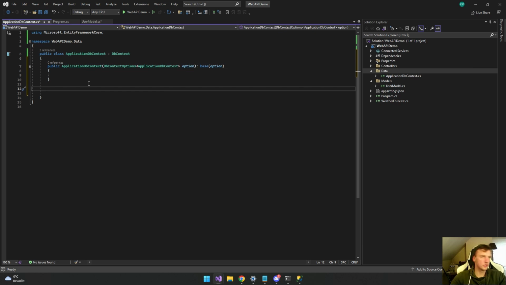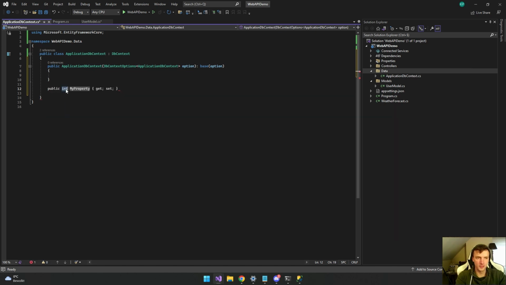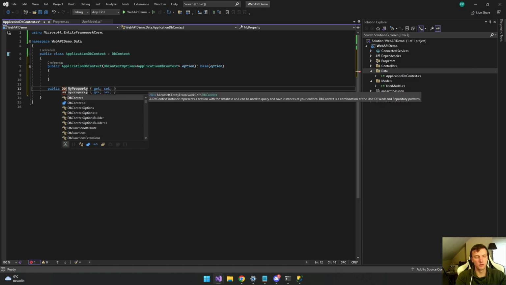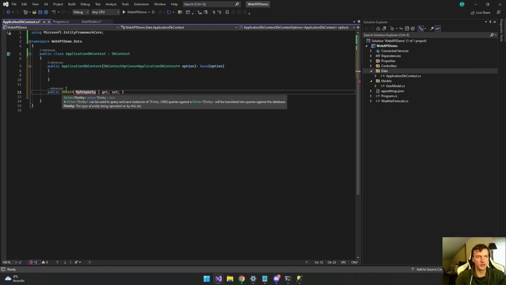In this one, if you have the data layer, you can set properties, and it's going to be a DbSet. This is going to be your table in the database, and you can enter the model.